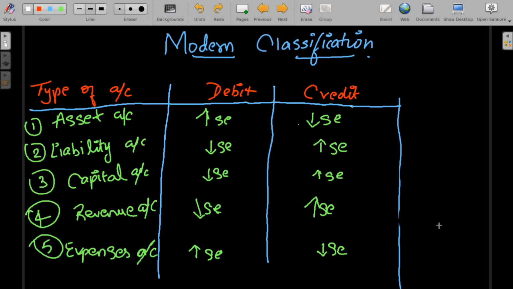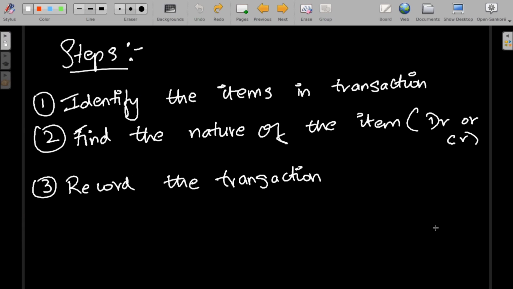An easier way to know this table is that any decrease or increase in the debit column will have the opposite effect in the credit column. For example, when an asset increases, it has to be debited, and when it decreases, it has to be credited. Same for liability, when it decreases, it has to be debited, and the opposite, when it increases, it has to be credited. Thus, you should always know that your asset is a debit balance and your liability is a credit balance.